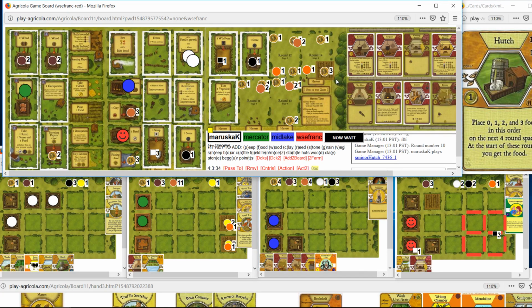So I would really like to get 4 clay next round. The problem is if I don't get 4 clay next round, then I need to take clay and then reno in round 12, because I'm also going to need to reno in round 13 or 14 to get to stone. And I definitely want to get to stone, so...